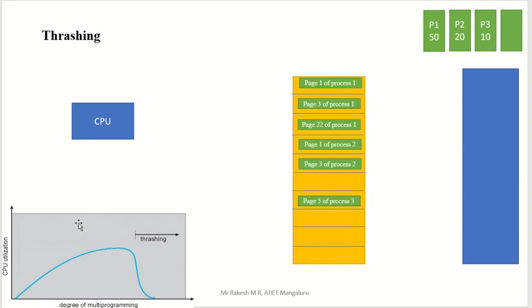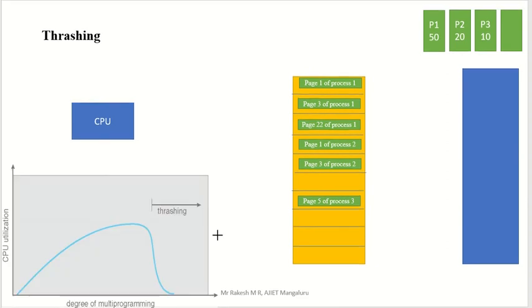What does thrashing mean? See this diagram. Thrashing is related to the degree of multiprogramming. As the number of processes increases in secondary memory, we have to consider the degree of multiprogramming. Degree of multiprogramming means many processes are present in your main memory. We have to take a lot of processes in the main memory. How to take a lot of processes? Some pages of that particular process we load in main memory. That concept is called degree of multiprogramming. We take page by page here.